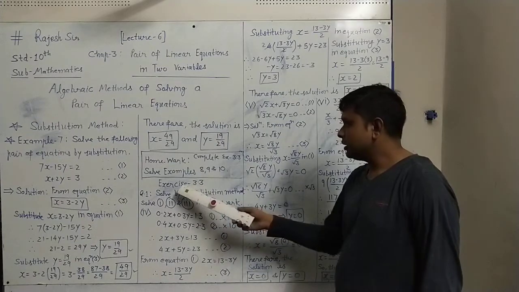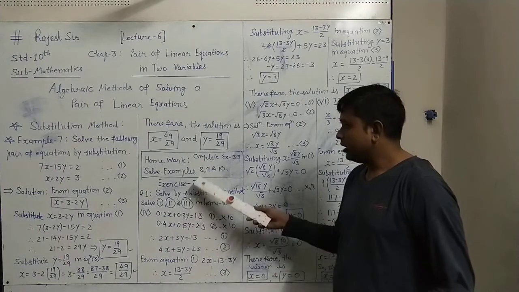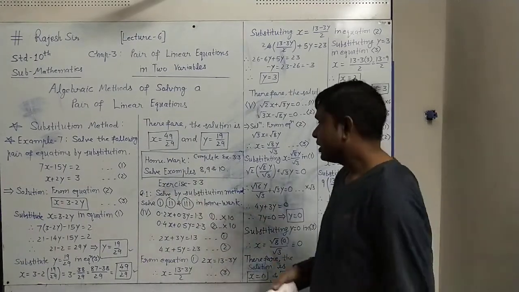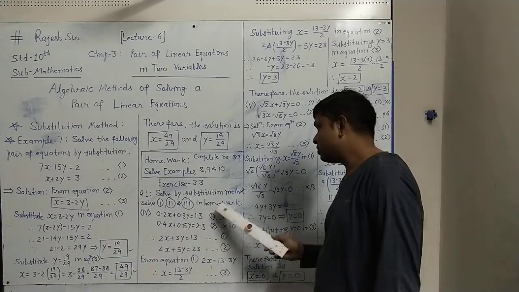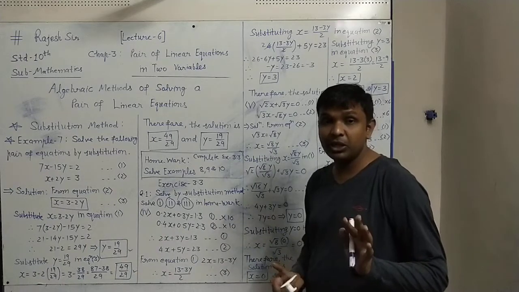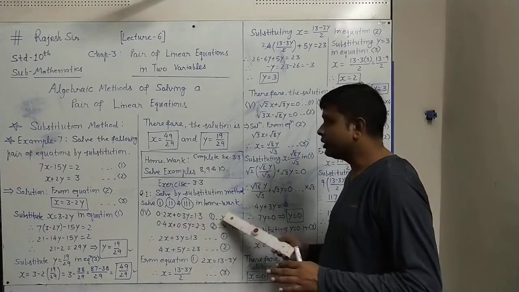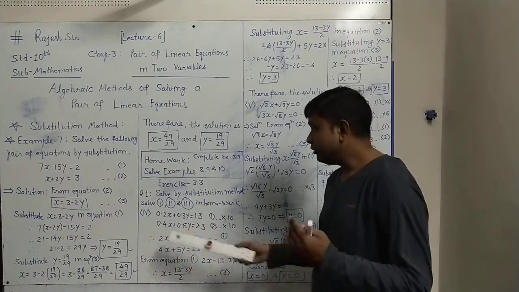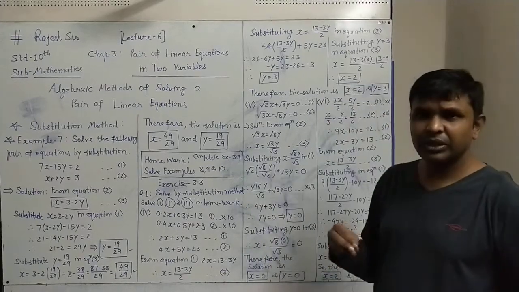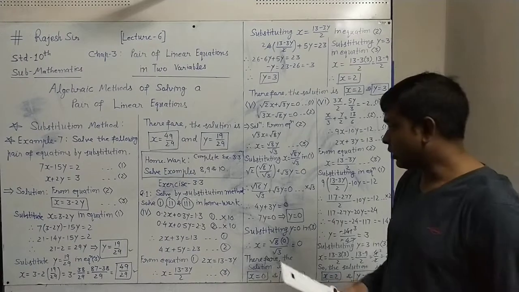Here we will write exercise 3.3. We will solve exercise 3.3. In question 1, some questions we have solved here similar to this, which also use the substitution method. In question number 1, a total of 6 pairs of equations are given. The first 3, that is 1, 2 and 3, you will complete in homework, and the remaining 4, 5 and 6 I have done here, because they have a somewhat complicated presentation of equations, so we have solved them here.